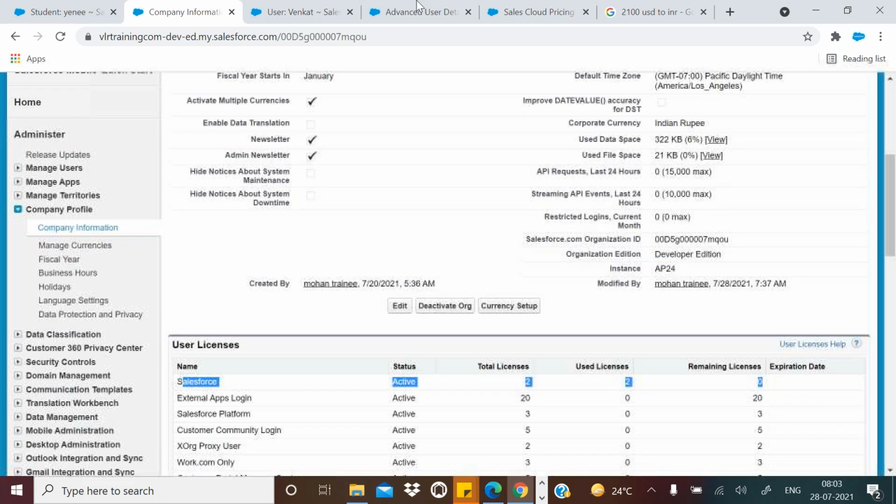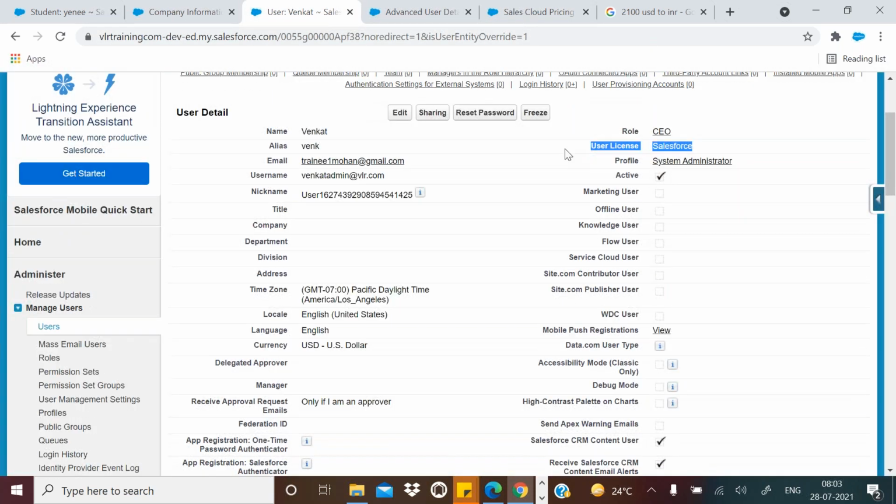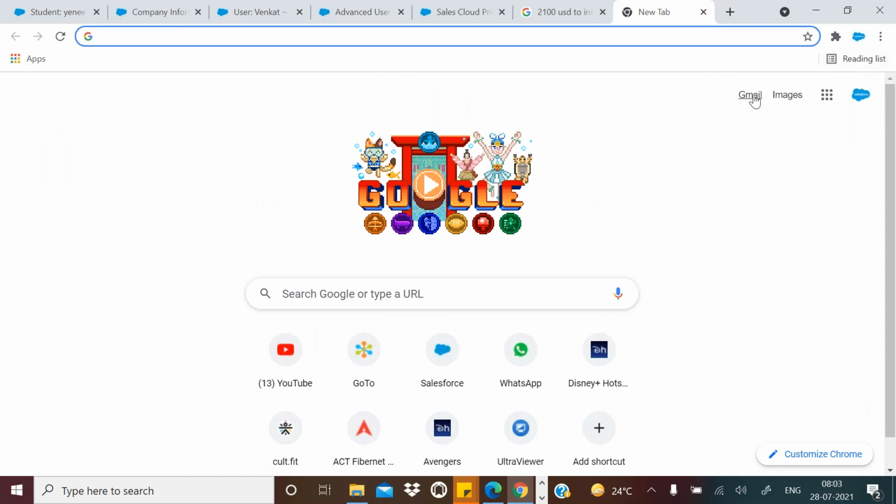Okay, that's what, 2 users are there. Now, where I can see these users, this is the username, right? How to log in? I have a username and I want to set up the password. Once a user is created, he will get an email. Am I right or wrong? I already showed you, right? So a user is created and you will get an email. And now let's go to the email.